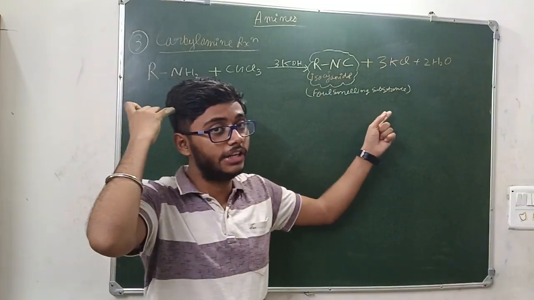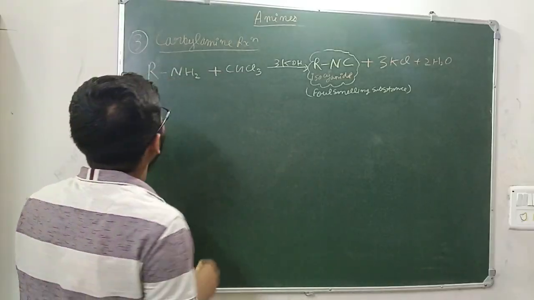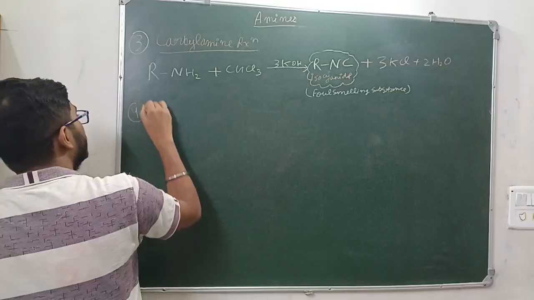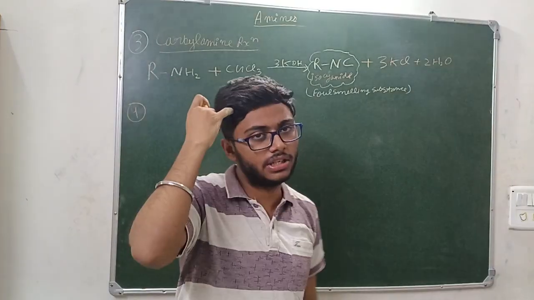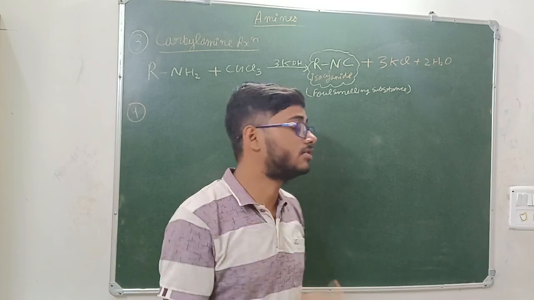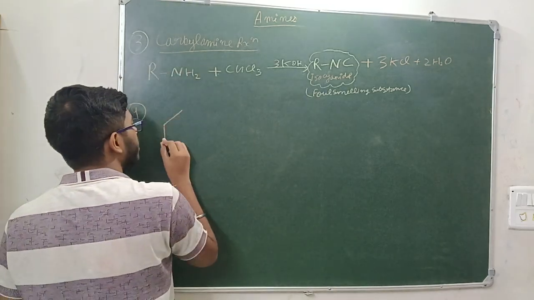This is also the identity of this compound. Okay, this is the third reaction, carbylamine reaction. Now, see, very important thing. Like in the previous reaction, we did the bromination of benzoic acids, phenols, ketones, etc. So you can also do this with what?